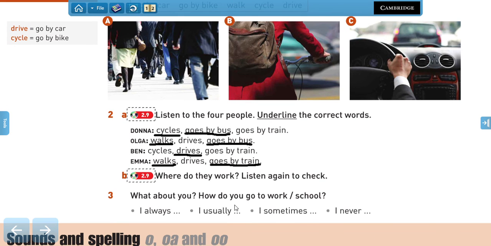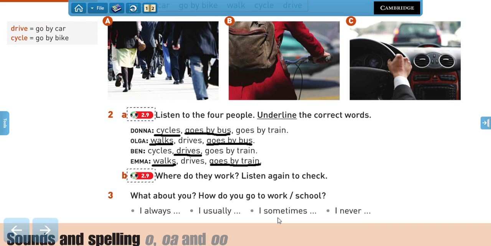Very good. Now, final activity, try to write sentences about you. How do you go to work or school or university? So remember that when we talk about routines, we use adverbs of frequency. So talk about the things that you always do, usually, sometimes, and never, right? So for example, I work in a lot of different campuses of the university. So I always drive, right? Because sometimes I have to work in Curauma or in Valparaíso or in Recreo, right? So I always drive.